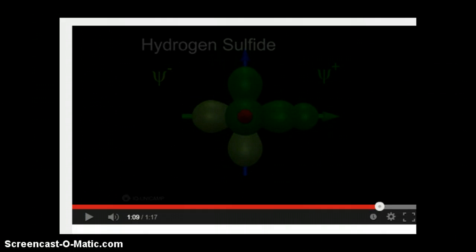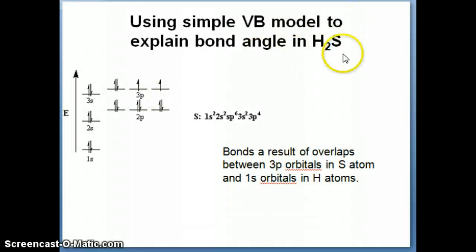And in fact, when we experimentally measure the bond angle in H2S, we find that indeed the angle is 90 degrees between the H-S-H atoms. So as a result, this is of course a demonstration that the valence bond model is valid in terms of